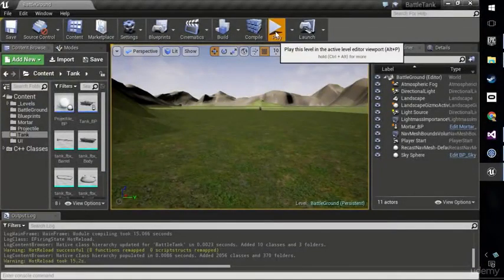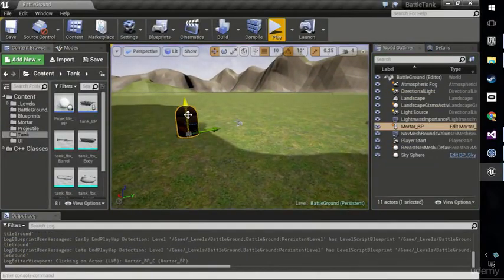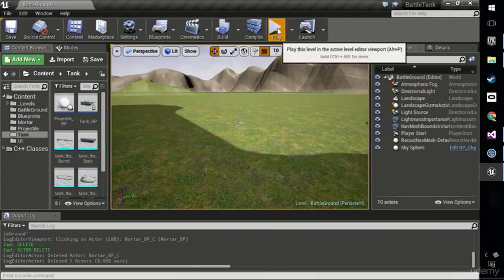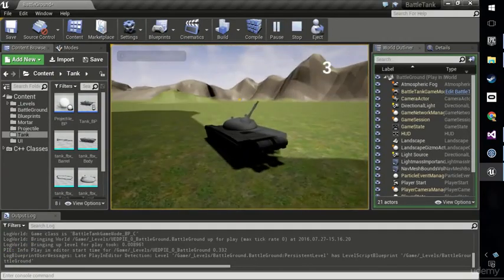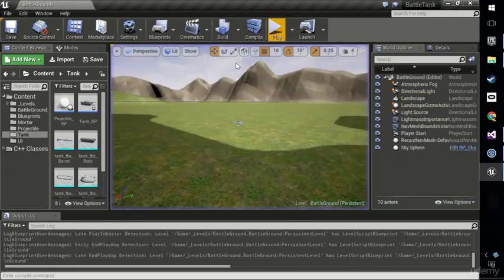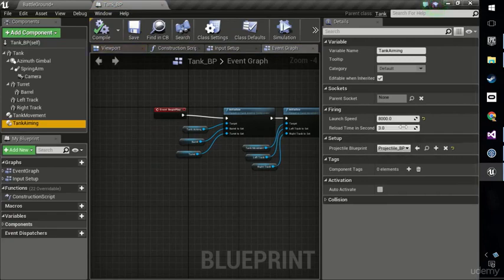So let's start focusing on projectiles. We're going to be laying the groundwork here, as I said. One thing, we don't need an auto mortar in the scene. The other thing is I'd like to fire nice and rapidly so I can see my projectiles and the smoke they're going to be leaving behind. I don't want to wait 3 seconds. So let's go to the tank blueprint, aiming component, turn the reload time down to maybe 0.1 of a second